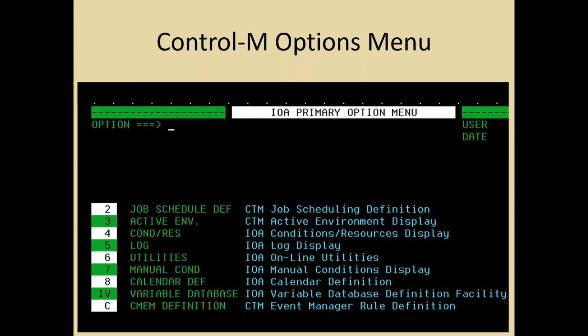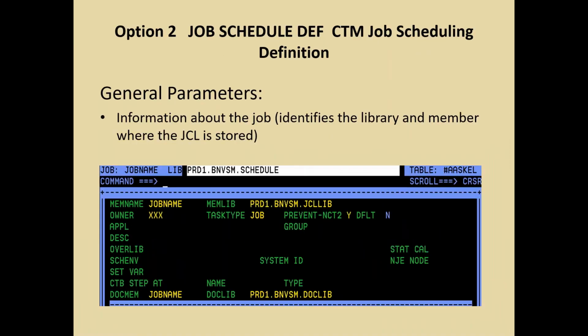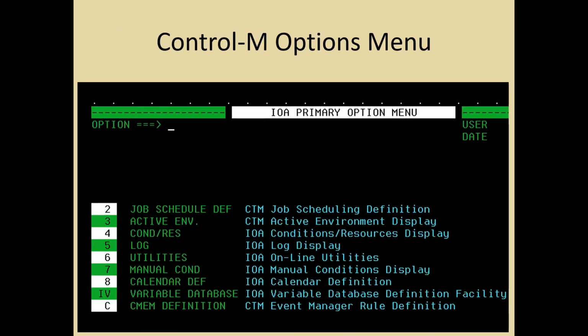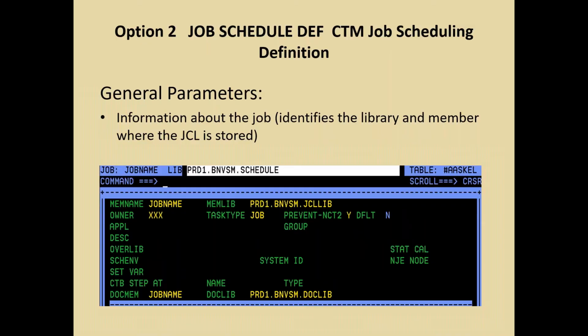What this means is we are in option 2, proc schedule definition. You can see the screen in option 3 also, and I will explain how you will see it in option 3. Just try to understand what is written here. Memberlib is nothing but your PDS dataset. I think most people know the difference between PS and PDS. So memberlib is nothing but